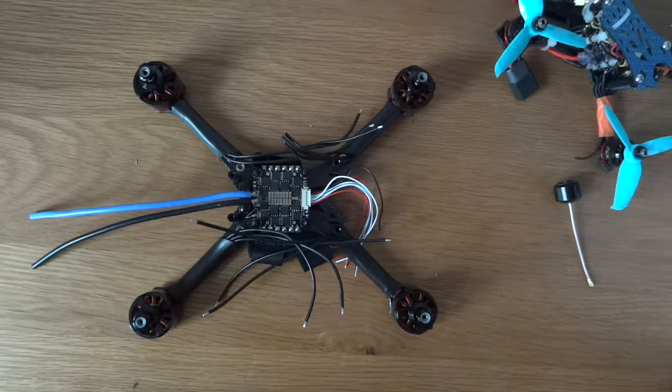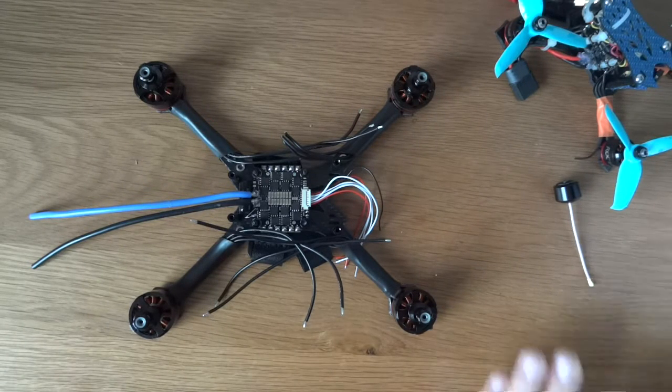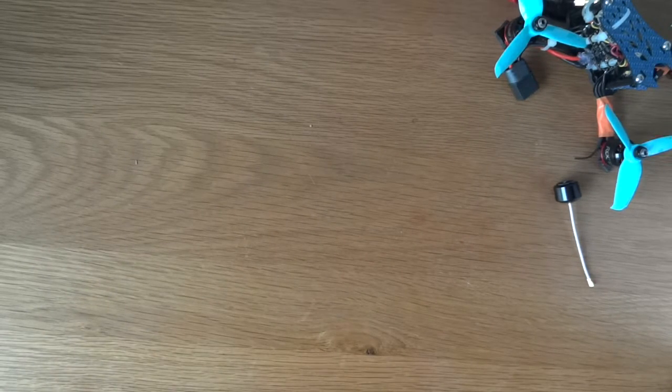RCX have just released a 2204 actually, which is really light, and they're mentioning performance higher than their 2205s, although whether that's just marketing nonsense I don't know. And they're also about to release a 2306, so they're both options to look out for. Final thing is,